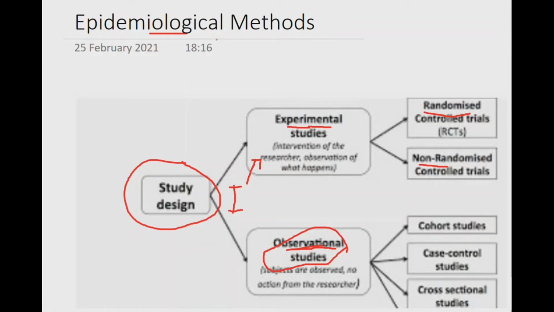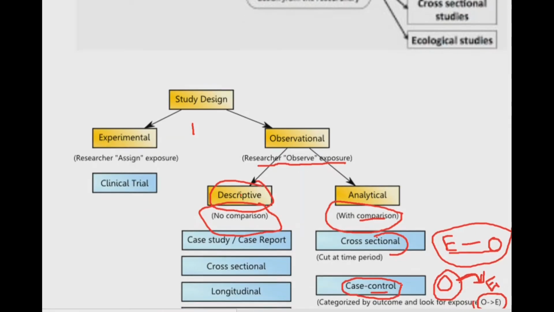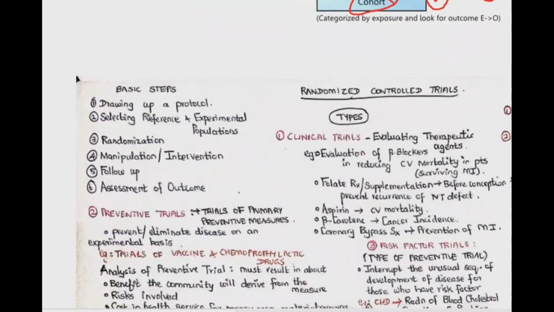In the previous video, we saw about the study designs. They can be classified into experimental and observational. And experimental is further classified into randomized control trials and non-randomized control trials. In this video, we are going to see about randomized control trials. If you have not watched the study design videos, please see the playlist so that it will be easy for understanding this video.